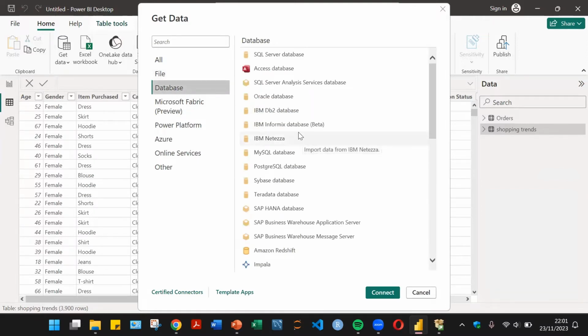The good thing about data from databases is that this data is real time. That is, the data is updated regularly, in some cases per second or per minute or per hour, depending on the organization. And we have several databases that we can use. We have the SQL Server database. We have the Microsoft Access database. We have SQL Server Analysis Services database, Oracle database, IBM DB2 database, and all these other databases such as Postgres